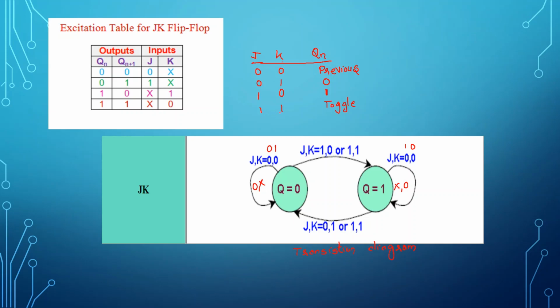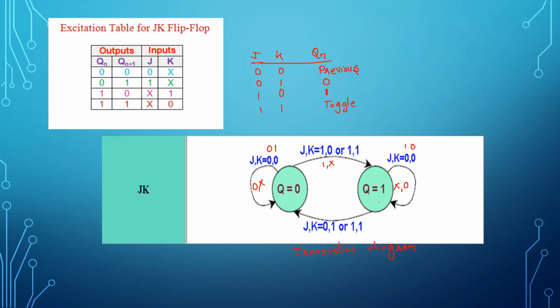If you give the input as 1 and 1, it is going to toggle, right? So you can give the input as 1 and 1, which can be written as 1 comma x. The same thing is getting reflected here. Your input is 0 and you want to change the data to 0. So what can you give? You can give the input as 0x. Your input is 0 and you want to change it to 1. The inputs J and K can be 1 and x.